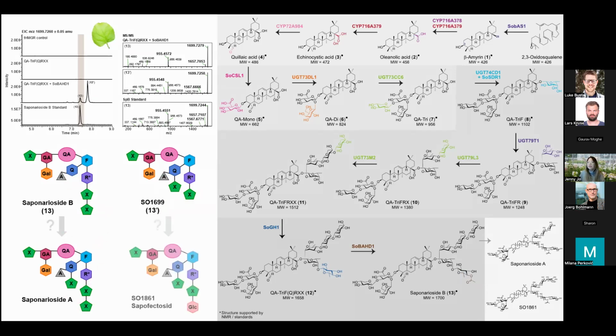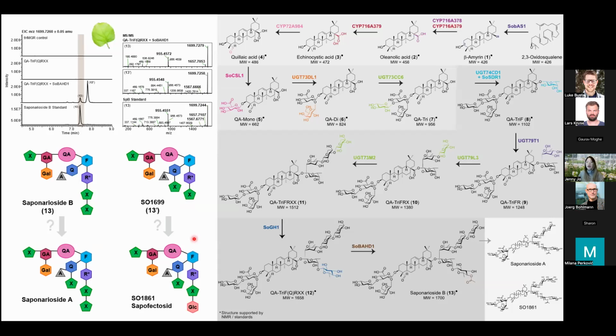And it's quite interesting, as SO1699 could also be a precursor to saponin A, but it could be a precursor to this other saponin that's highly abundant in soapwort called SO1861, which is also called saponaside. So this molecule is reported to augment the toxicity of type 1 ribosome inactivating proteins, which are also present in soapwort, and they're called saporins. So this is really fun because saponins, Saponaria, and then we have saporins in the mix. So the saporin, the type 1 ribosome inactivating protein in soapwort, is highly investigated for targeted therapies against Alzheimer's, epilepsy,